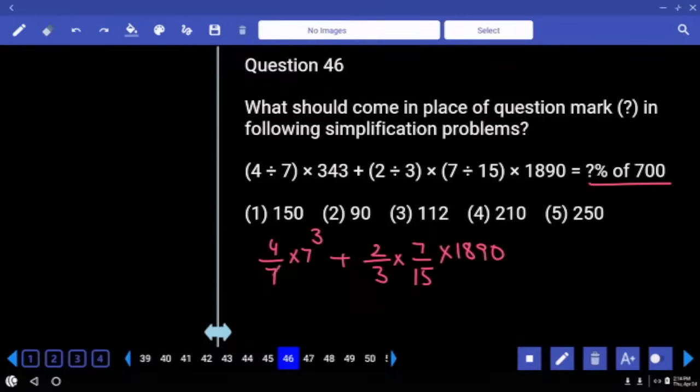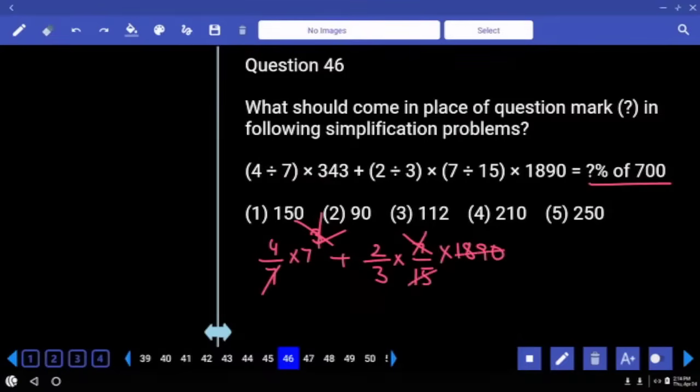Let me cancel first 7 here. Square will come. I am taking 7 common in first term. Square gets cancelled. I'll take 7 common here. Gets cancelled. Right hand side 7 cancel. All done. Final value whatever you get is going to be the value of x. Are you okay? Right. Now